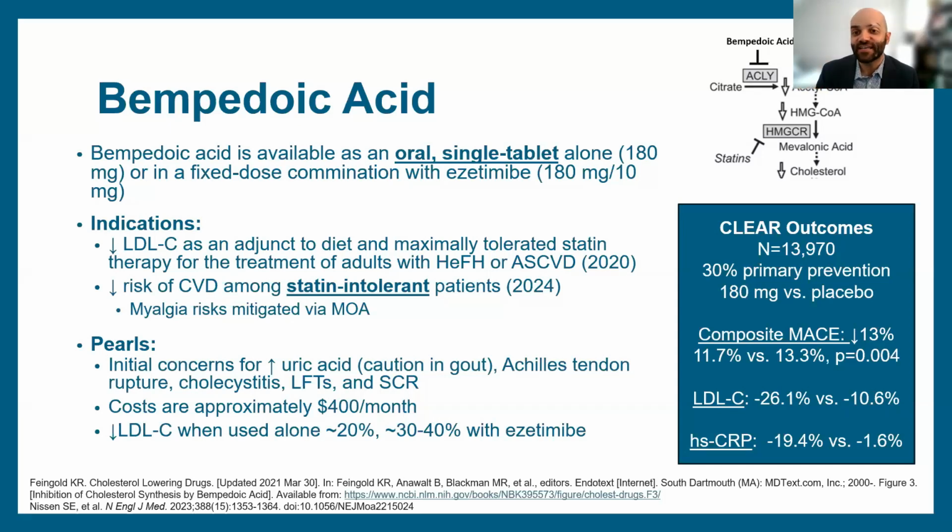And we saw reductions in a composite cardiovascular outcome. We saw decreases in LDL of about 25% or so, and decreases in inflammation. So it really is potentially an option. To be honest, I haven't seen it used a ton in practice yet. But with a combination with ezetimibe, we saw changes of about 30 to 40%. Sorry, the trial was actually just in bempedoic, not with the combo. So we see some concerns for increased uric acid, Achilles tendon rupture, and the cost is about $400 a month. So obviously more than a statin.